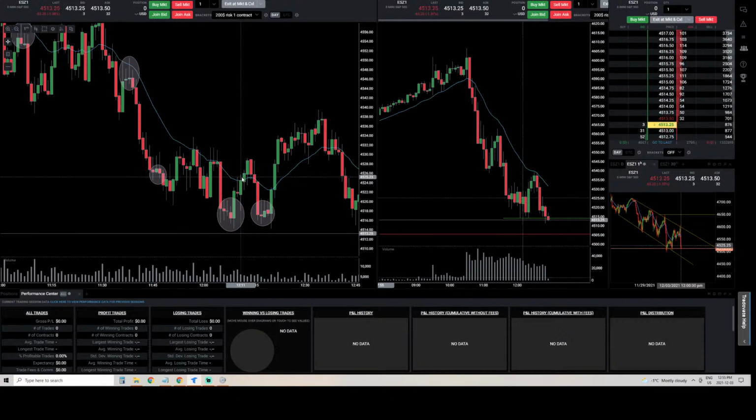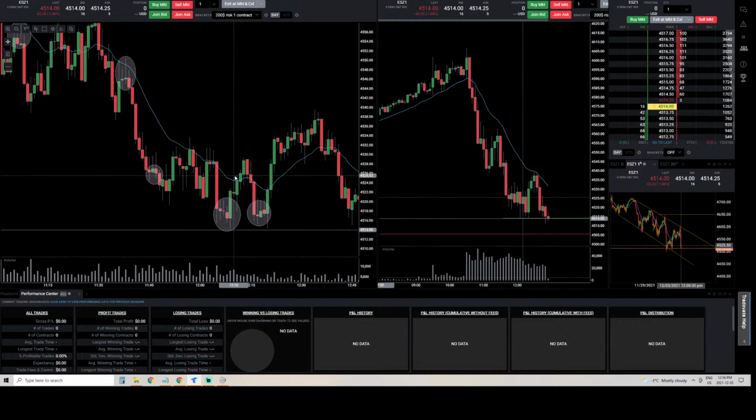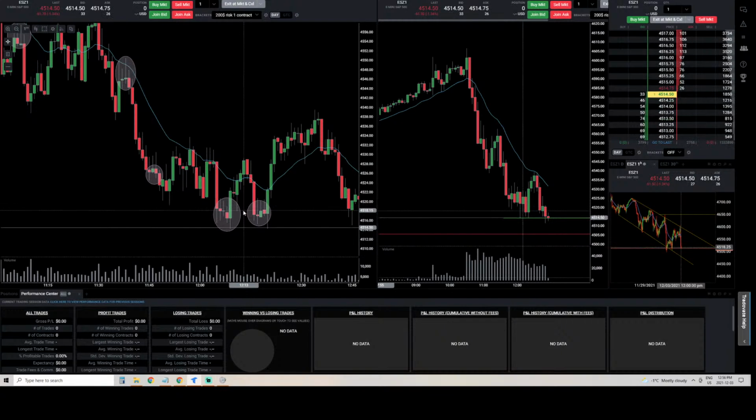So I hummed and hawed quite a bit, and in my head I was like, we're probably going to touch this moving average or somewhere around here and retest that entry. That's literally exactly what happened, and it did give an entry within $200 worth of risk. But